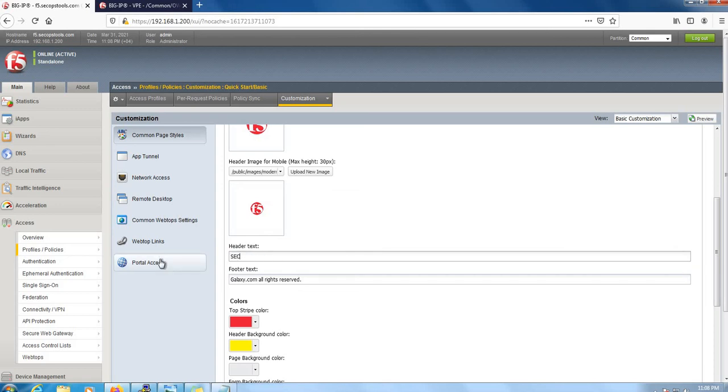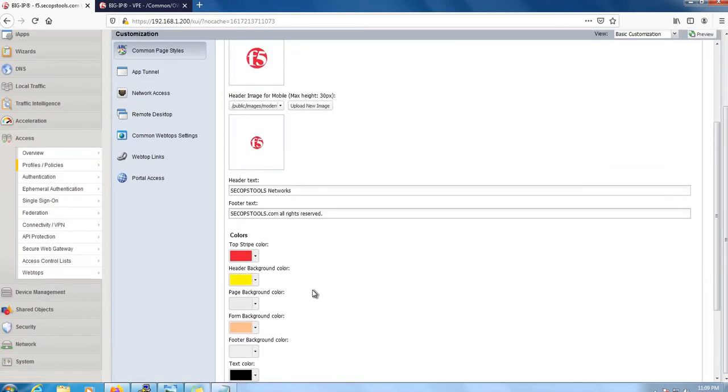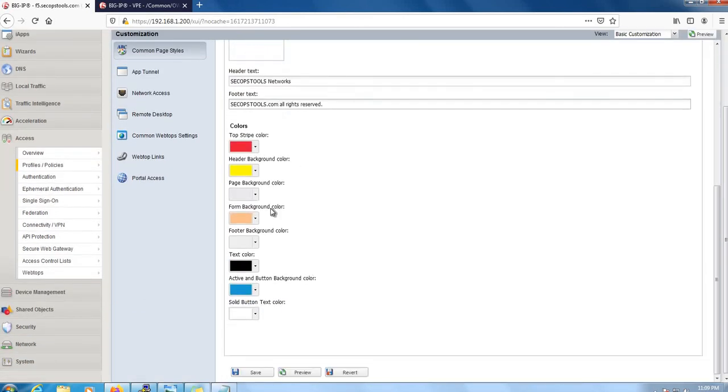Let's see if it is coming there. So this says ops tools networks. Let me copy this. Now we'll change the stripe color to a different color.